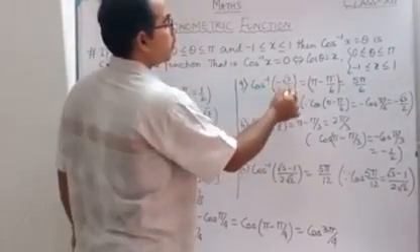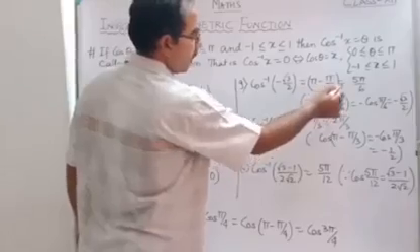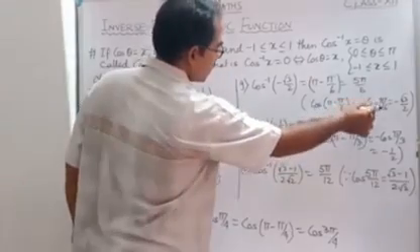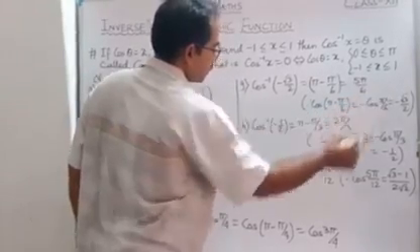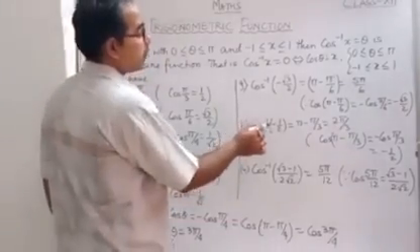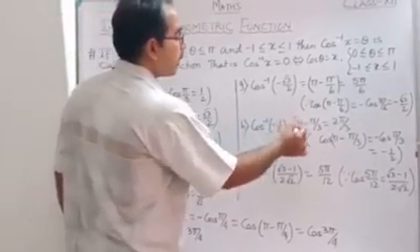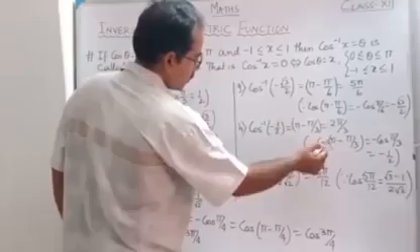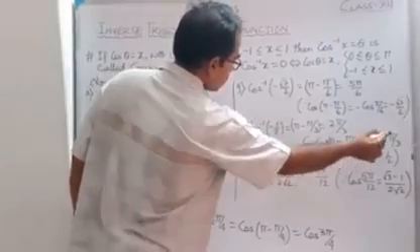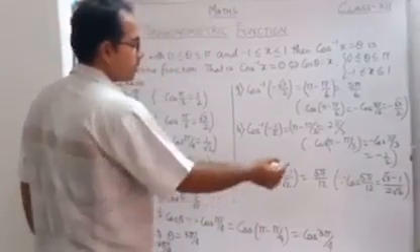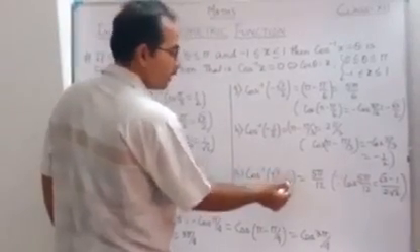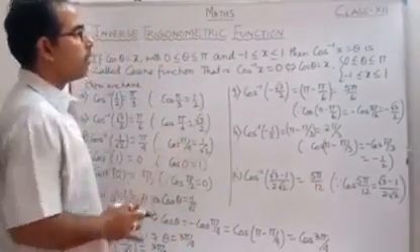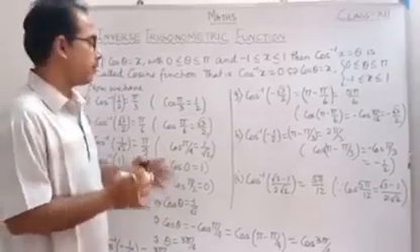Cos inverse minus root 3 by 2 equals pi minus pi by 6, equals 5 pi by 6. Correct? Because cos of pi minus pi by 6 equals minus cos pi by 6, equals minus root 3 by 2. In a similar way, cos inverse minus 1 by 2 equals pi minus pi by 3, that is equal to 2 pi by 3. The reason is that cos of pi minus pi by 3 equals minus cos pi by 3, which is equal to minus half. And similarly, cos inverse of (root 3 minus 1) by 2 root 2 equals 5 pi by 12. Okay, so these are the formulas under cosine which we have to memorize.